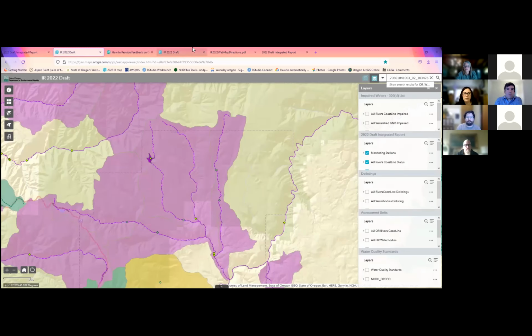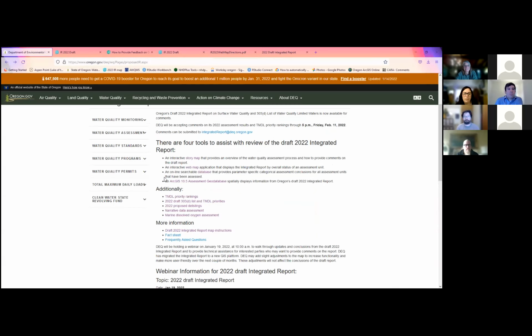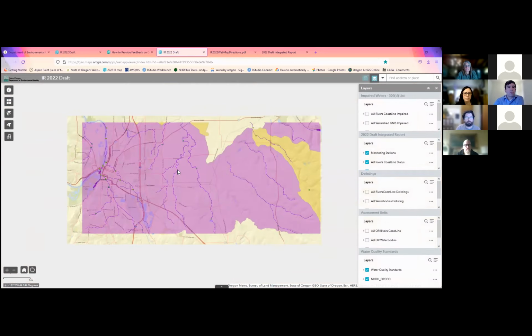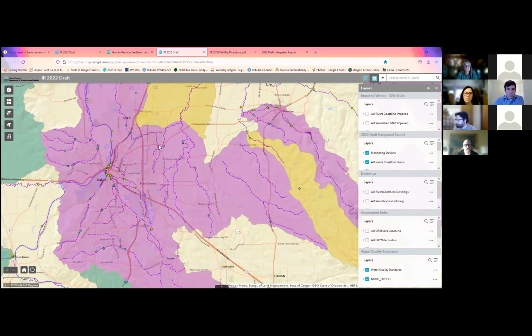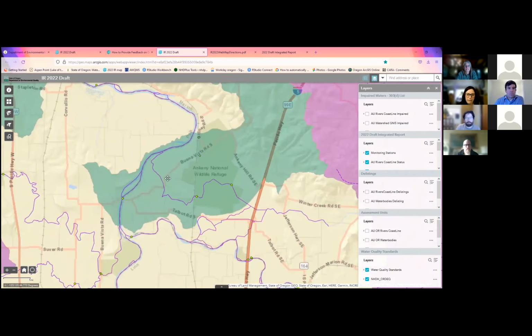Okay, I got kind of lost in where I was at. I was also going to mention, Travis, that you can have a solid impaired line going through an attaining watershed unit. You can have an impaired solid river stream line going through an attaining one.